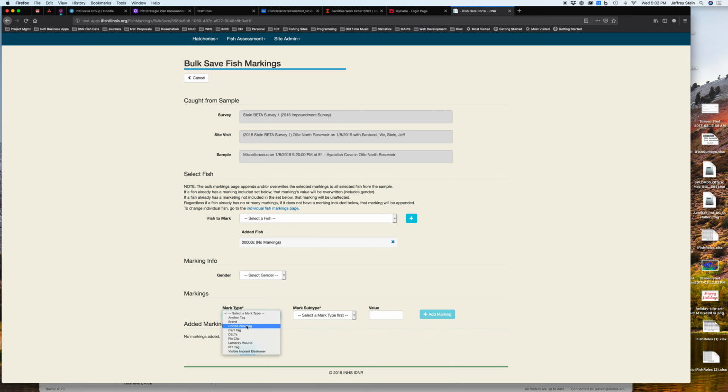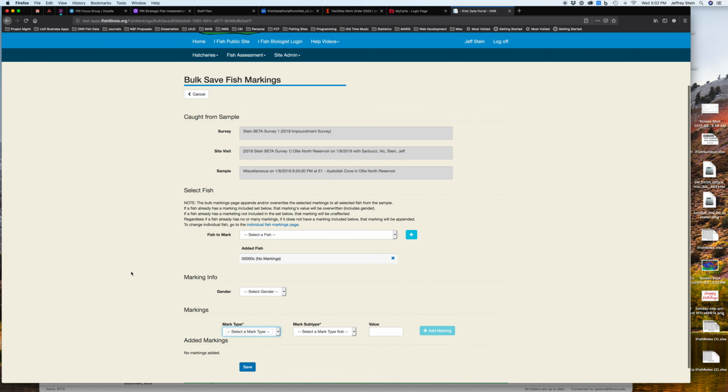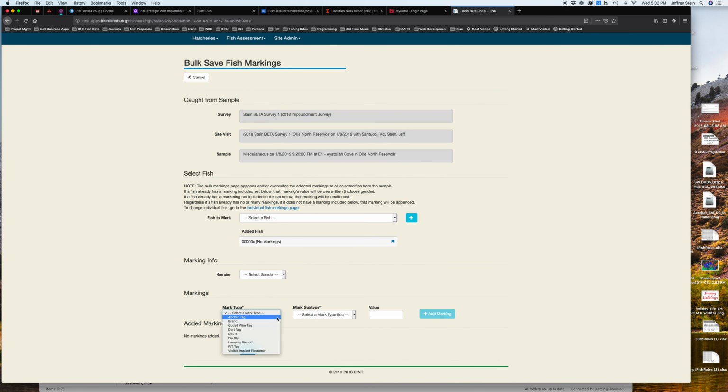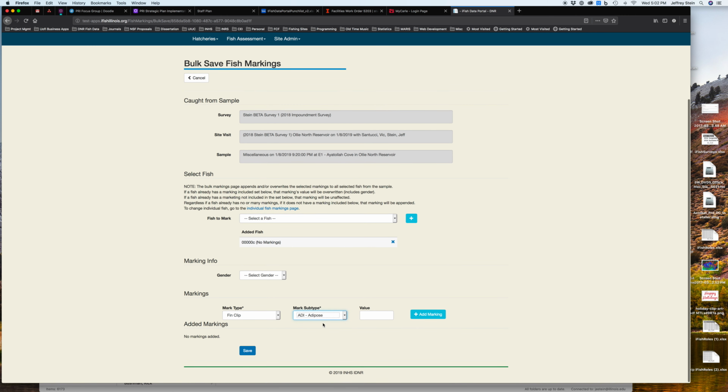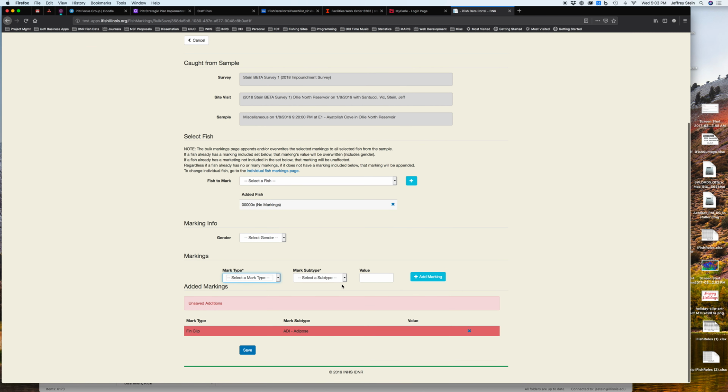Anchor tags, coded wire tags, PIT tags, etc. This is all manageable in the Site Administrator menu. But in this case, I want to show you the example of first a fin clip on this lake trout that we've captured, and because it's a stocked fish, it's going to get an adipose mark. The nice feature about this is you can add multiple marks to a single